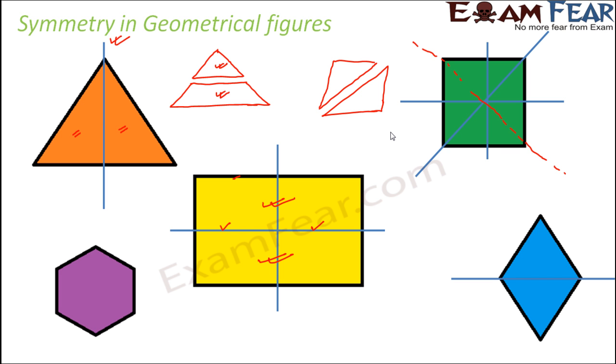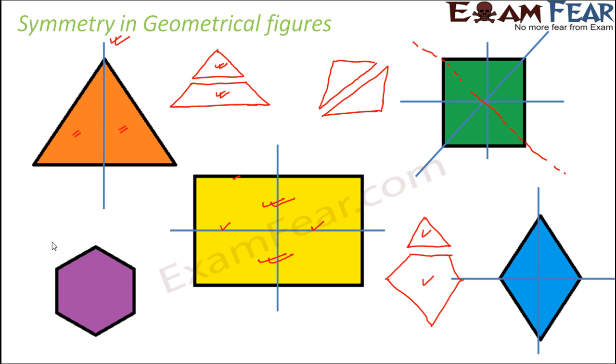When you look at this, what do you think? This line, will it be a line of symmetry? Yes, looks like it, because the two sides or the two halves are mirror images. Look at this one. This again would be a line of symmetry. How about this one? Do you think this would be a line of symmetry? What are the two halves that it is dividing? One half is like a small triangular piece. The other half is somewhat like this. Do you think these two are identical? No, definitely not. So this is not a line of symmetry.